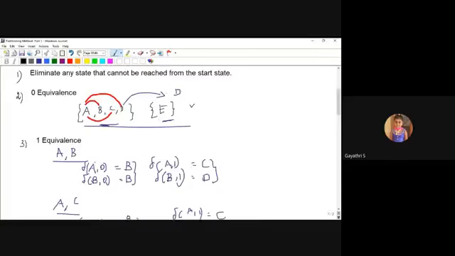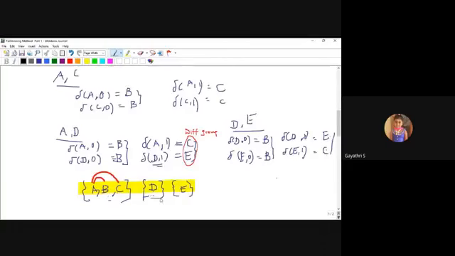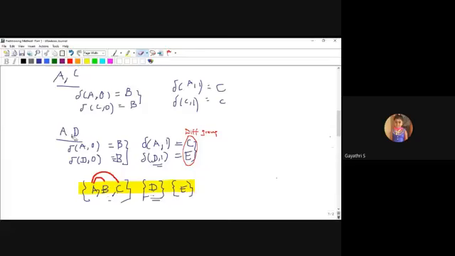Yes, this is also right. D is separated. After separating D, I just made D a separate group, and that is enough. No need to compare D with E again. This comparison is negligible. This is the step I was doing unwantedly, so I just delete this comparison. So in the one equivalence, state D is separated from the ABC group. I made D a separate group, with no need to compare with the other final group E.